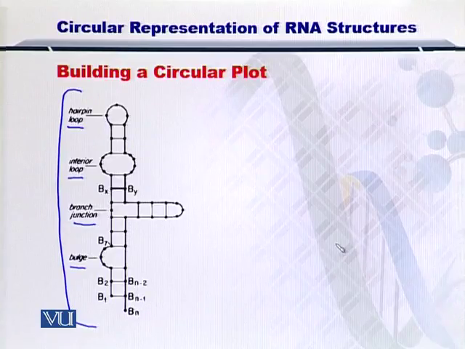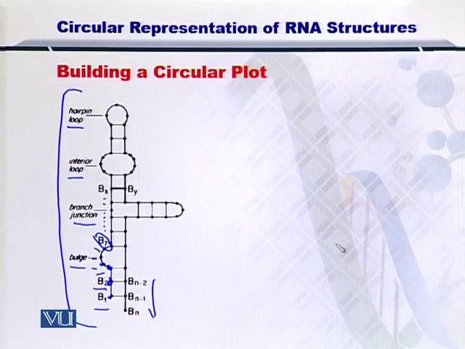The straightforward way is to simply label each nucleotide with an index as shown here by B1, B2, B3, B4, B5, B6, and B7, and so on and so forth. So once you label all of these nucleotides, starting from the first one till the last one, which in this case is represented by Bn,